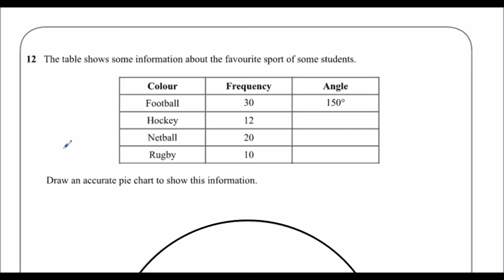Question 12. So we've got a table about the information about the favourite sport of some students. Draw a pie chart. So we know that all of the angles in the circle have to add up to 360 degrees. And well, we've been told one of them. So if 30 people like football and the angle is 150 degrees,